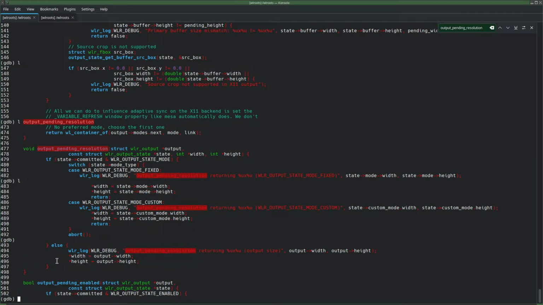So that wouldn't really be a change then, but okay, it's going to be the resolution. So it's more like they call it pending, but I return the current resolution here if there wasn't a change requested. So I'm going to interpret pending as the resolution that we will have